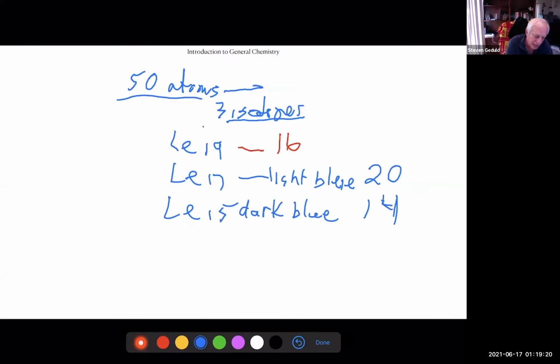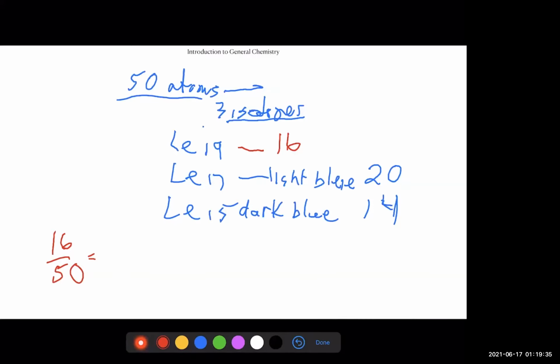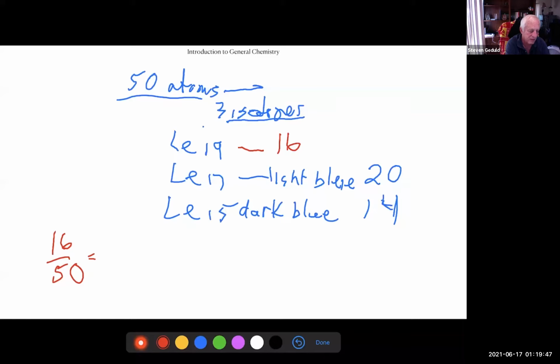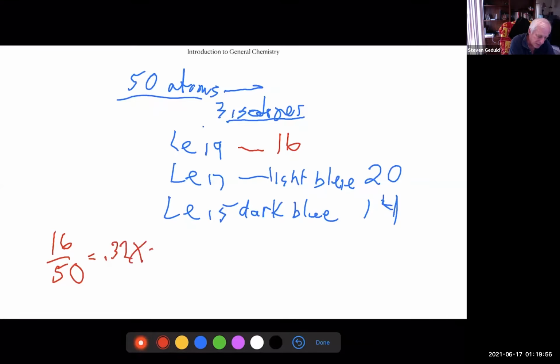So we have isotope Le19, Le17, and Le15. Le19, we have 16 out of 50. And what's the question asking? Determine the percent natural abundance of each of the 3 isotopes. Okay, so 16 out of 50. What's 16 divided by 50? 16 divided by 50 equals 0.32. And then to get a percentage, we times 100, right? Because percentage means times 100 out of 100. So we have 32%